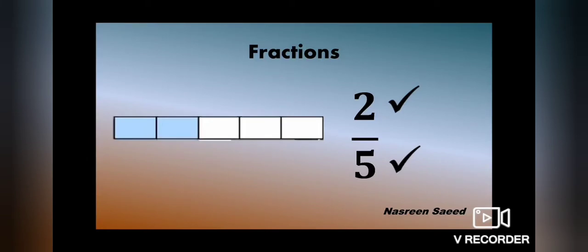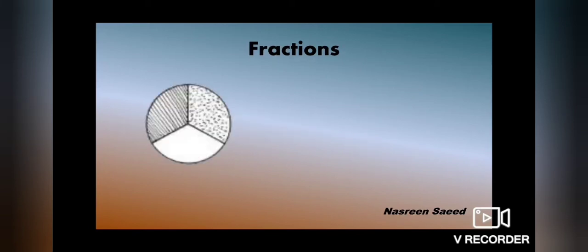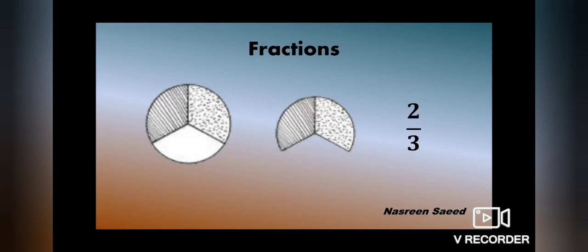So down comes the total number of parts, and above shows us the parts that are taken or colored. So I hope you have understood that the total number of parts is written in the denominator, and the colored or taken parts are written in the numerator. Now let's go ahead. Amita was given 2 parts out of 3 equal parts of a bhakri. So how many parts was Amita given? Out of 3 parts, Amita was given 2 parts of the bhakri. This means Amita was given 2 upon 3 of 1 bhakri, or 2/3 of 1 bhakri. So you know how many parts Amita got?